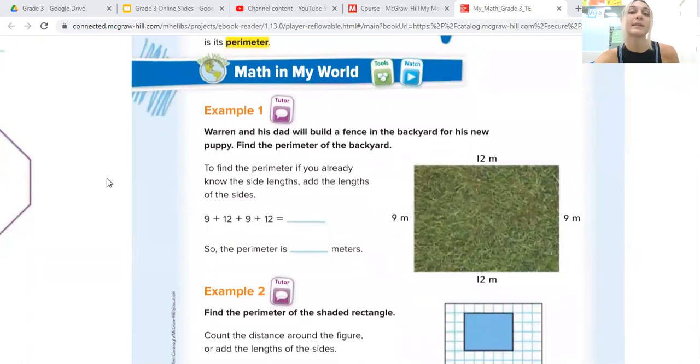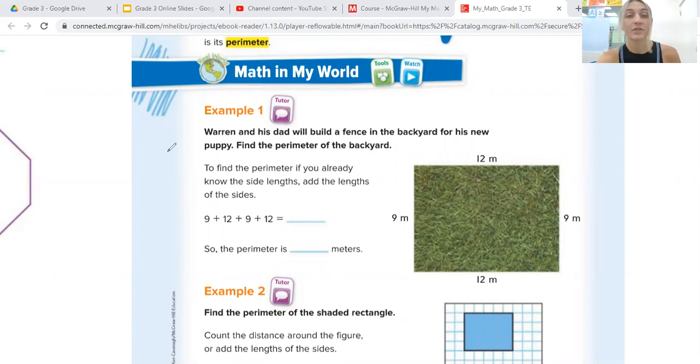So, for example, Warren and his dad built a fence in the backyard for his new puppy. Find the perimeter of the backyard. So we see his backyard and we see how long each side is. To find the perimeter, if you already know the side lengths, you just add the lengths of the sides. So it doesn't matter how many sides you have. This is a rectangle, so we have 4, but we just need every single side length, and then we need to